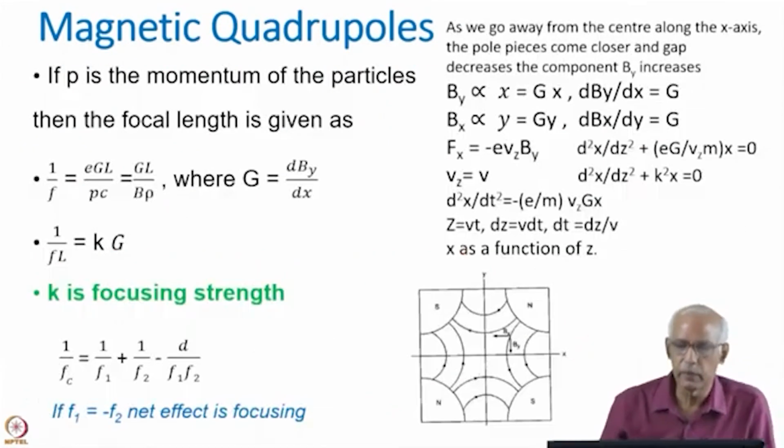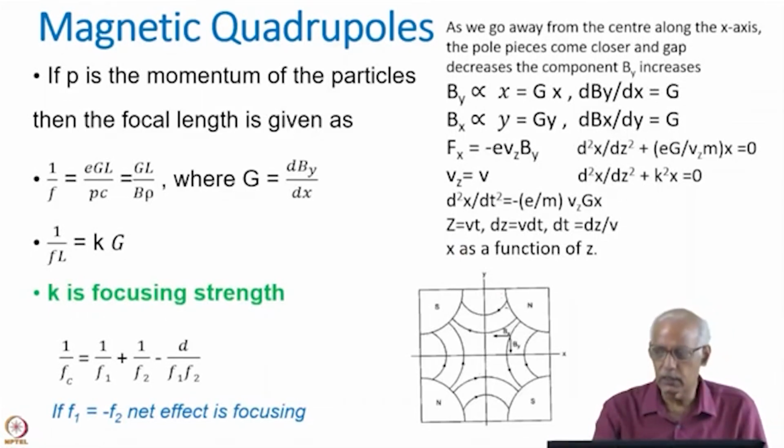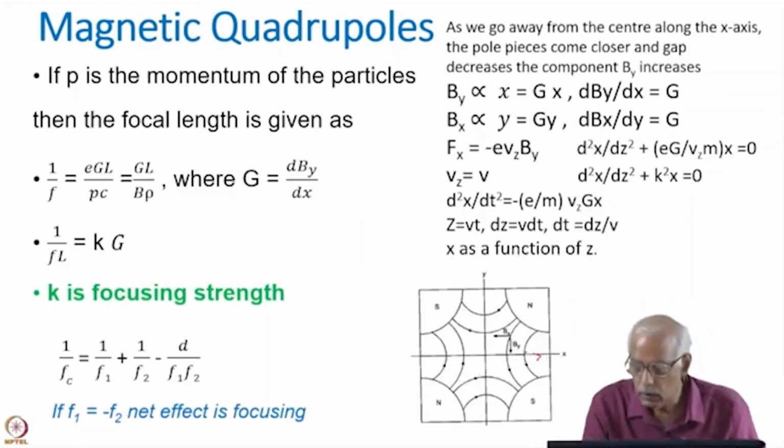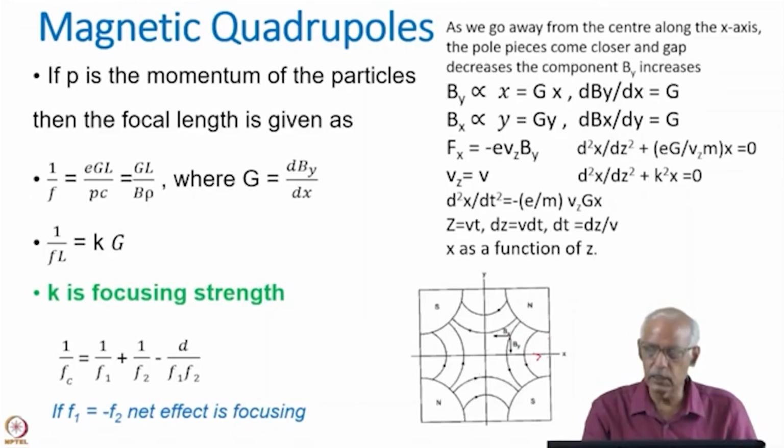I am giving a summary of this. Since the profile of the pole is hyperbolic in the ideal case, as we move along this axis the magnetic field increases, which is By here, and this is Bx. As x increases, this distance keeps coming down, and therefore the By will keep